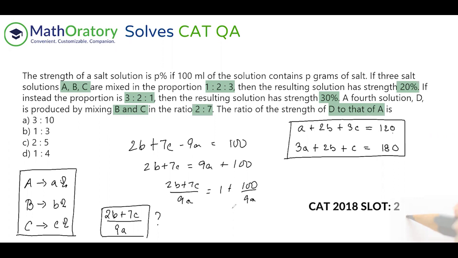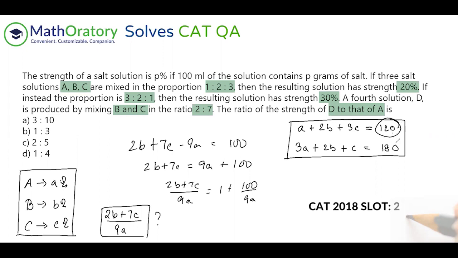And I cannot figure out the concentration of A. That was my initial argument that I started with, right? Because we are mixing three different items, so we are not going to have a fixed way to do that. For A, B, C concentration, there's no direct way to actually figure out the value of A from just two equations. I mean, there's no way to solve this. So what I'm trying to understand here is that this constant term should actually cancel out. So let's try that once.